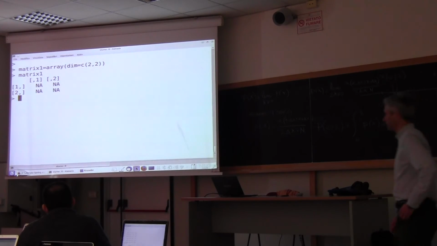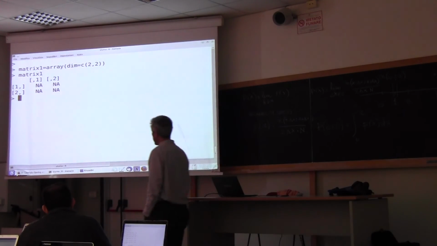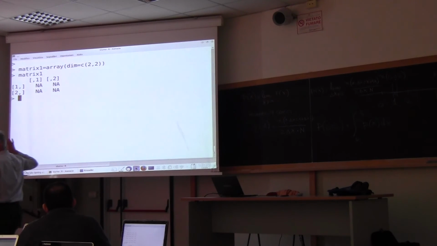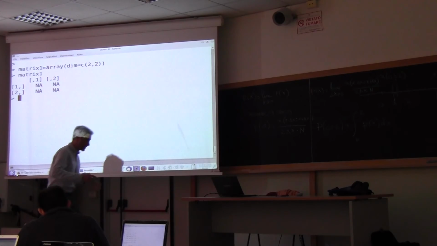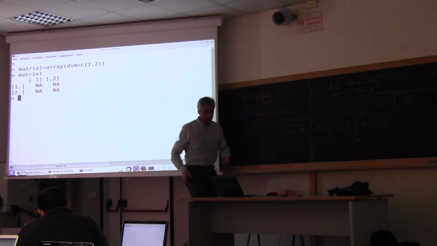Maybe better. So basically, array allows you to define a matrix, and I gave it the dimension. The dimension is a vector, so I used a vector to give the dimension. You see that it's a kind of nested instruction. I nested the definition of the vector of the dimension inside the array. And the vector is a vector 2 by 2, but it could be a vector